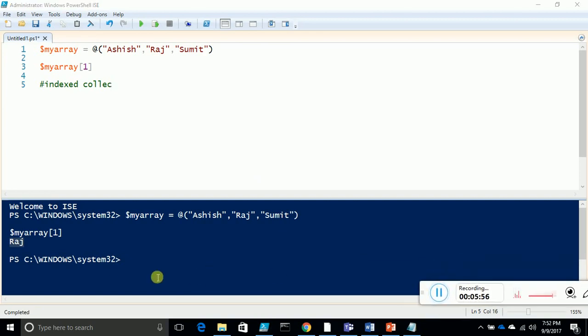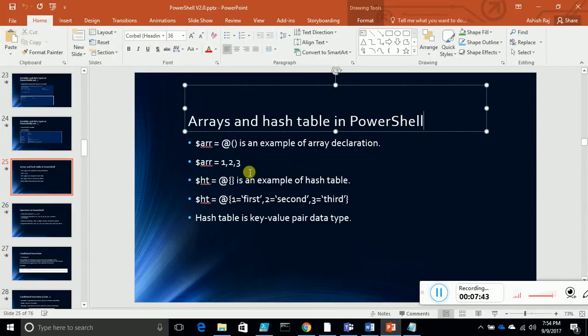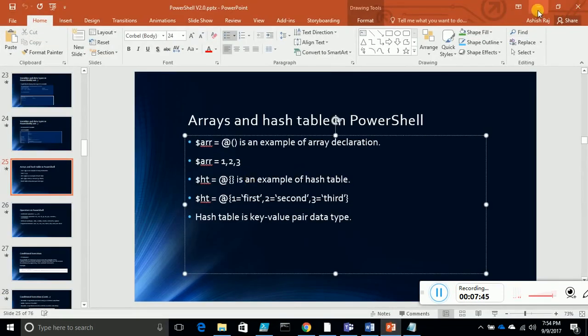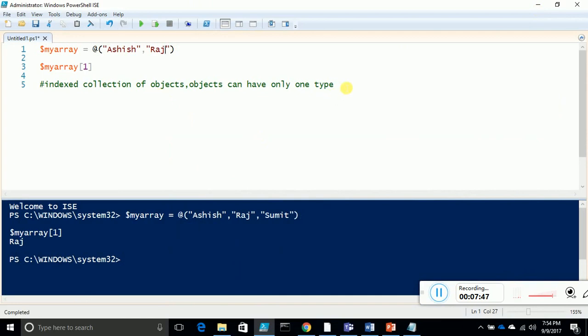So let's go back. This is how you index a collection of objects. Let's go back to our discussion on hash table. What is hash table? Now hash table, if we say it in a very simple manner, is a key value